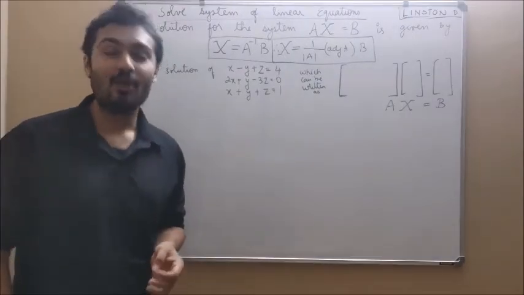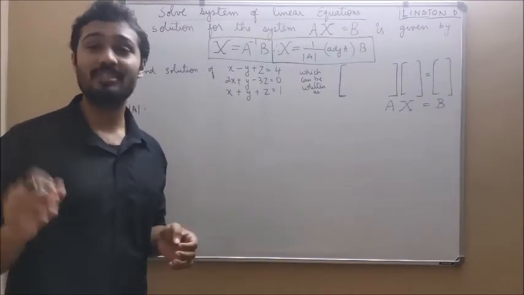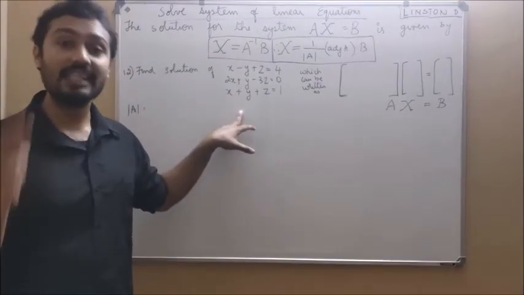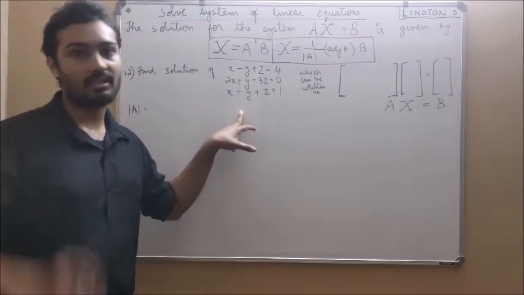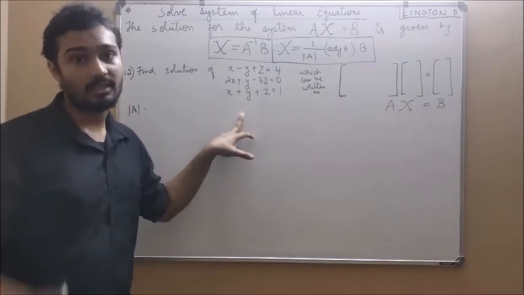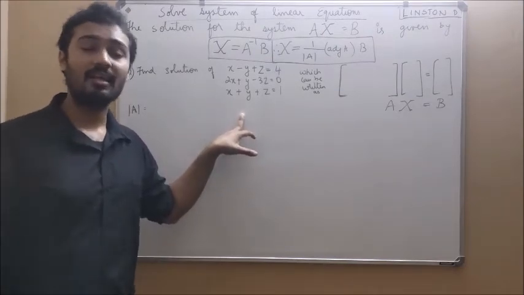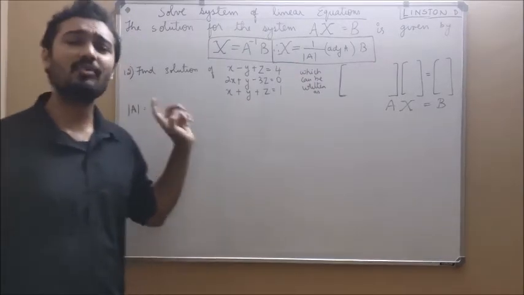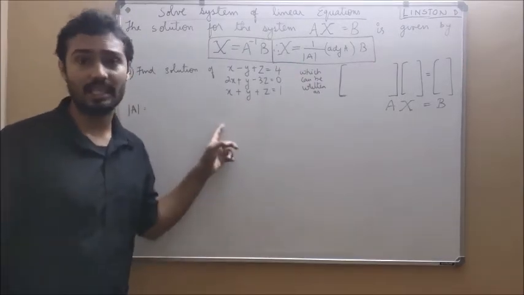Now next we'll find the solution of a system of linear equations if 3 equations are given. Before, we had 2 equations, so we got a 2 cross 2 matrix. Now here we have 3 equations, so we can get a 3 cross 3 matrix. So the equations will be given like this.